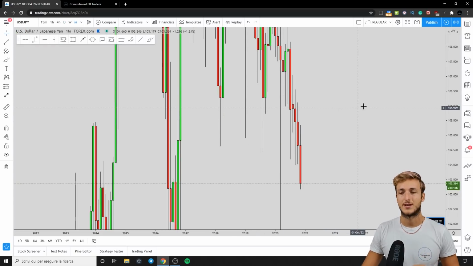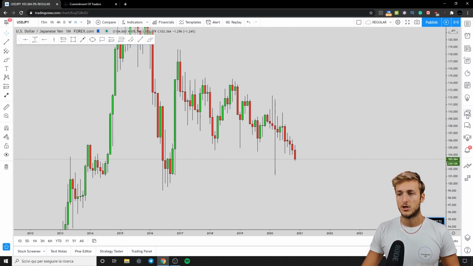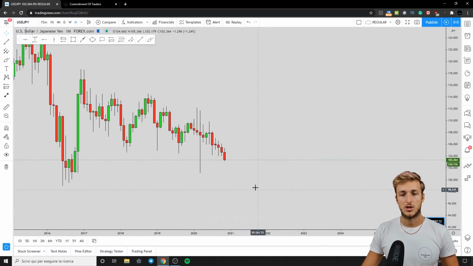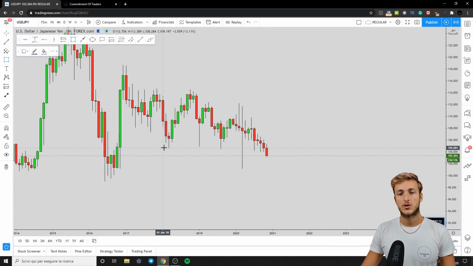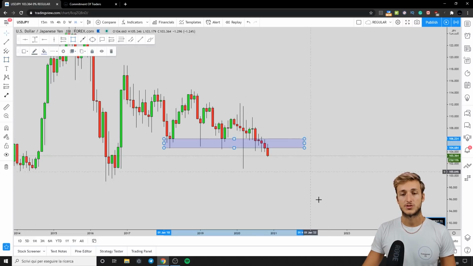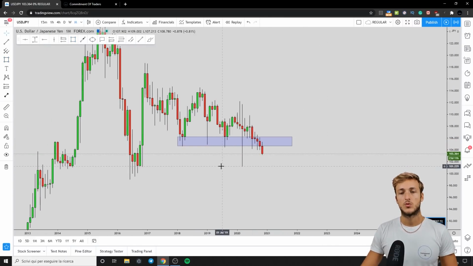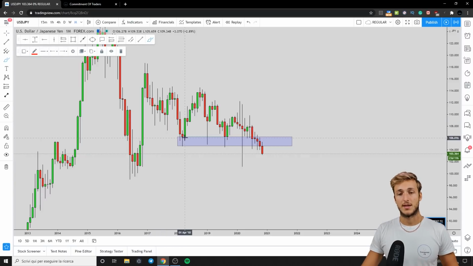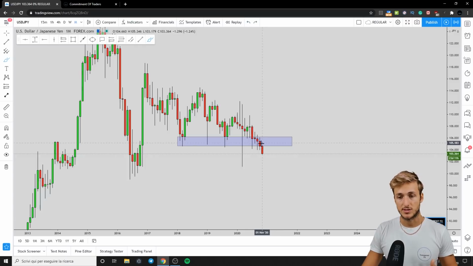Let's, as usual, start from the monthly time frame. Now, from a monthly perspective, what we can currently see on USDJPY is that we are breaking below quite an important structure area. In fact, this zone was acting as extremely strong demand here, again as very strong demand and support here, again here, again here, and currently the market has been breaking below this very strong support area. So finally, this is the first time that we see a close below this very important monthly support area, with the last